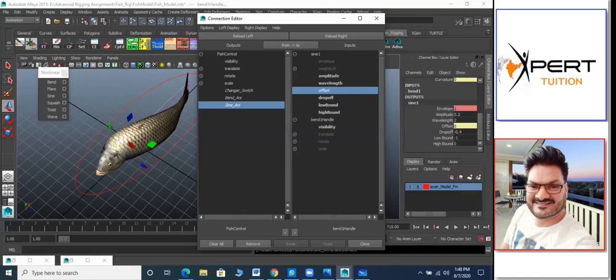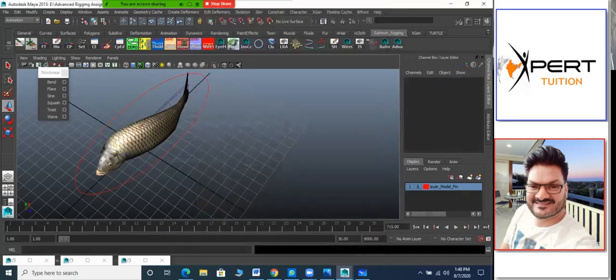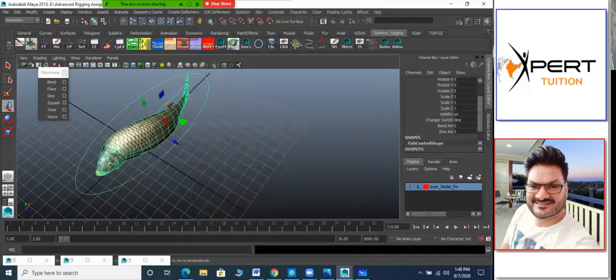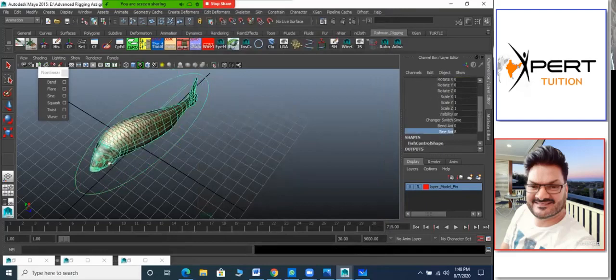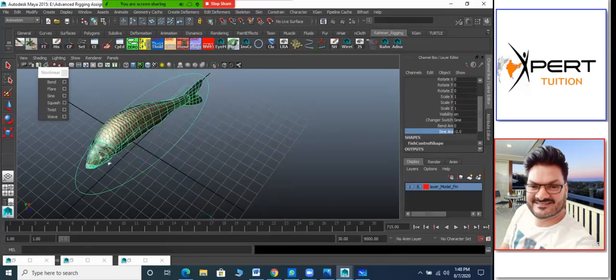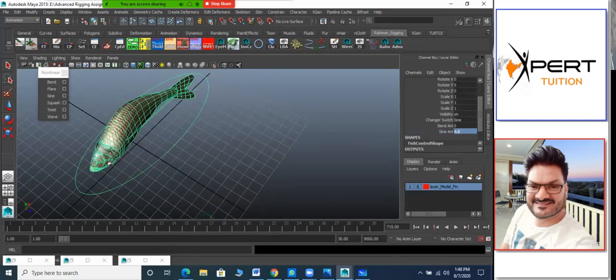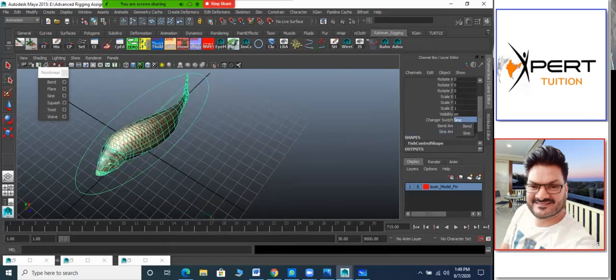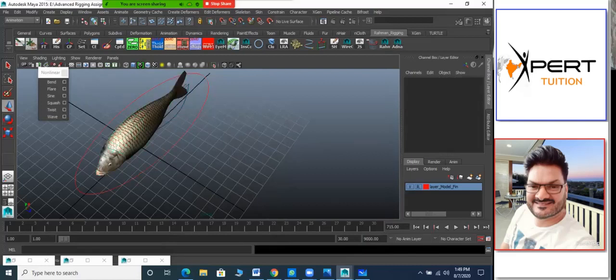Yes, sir. So now we need to cross check, is it working or not? Now I am in the sign mode, and it's working fine. Is it okay for everyone? We can easily animate it. However you want to put a key, you just key and animate it. And if I go into the bend mode, this one will start working. Has everyone understood this? Does anyone have a question till here? Then I'll explain it. I'll save this.